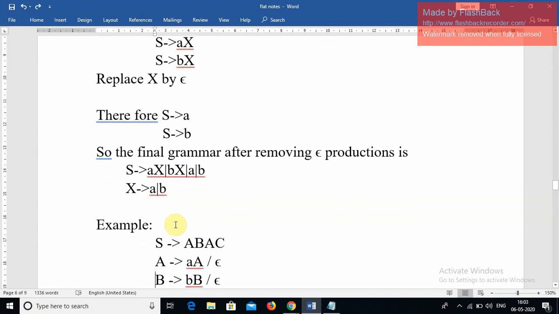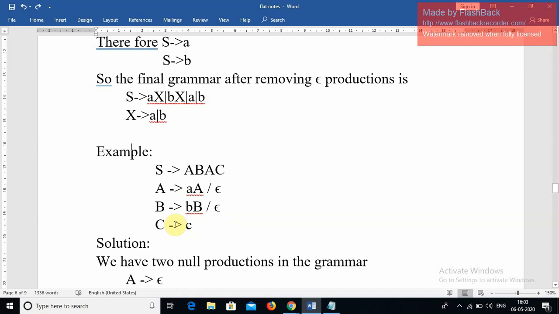Let's go with another example. So this is the grammar given. Here we have two epsilons, right? So a also produces epsilon and b also produces epsilon. So before going to eliminate the null productions, we have to understand whether the language is actually producing the epsilon or not. If you substitute a and b as epsilons in s, what we have is c, and c is nothing but a non-terminal, so the minimum string is c alone, not epsilon. So we can go for removing the null productions.